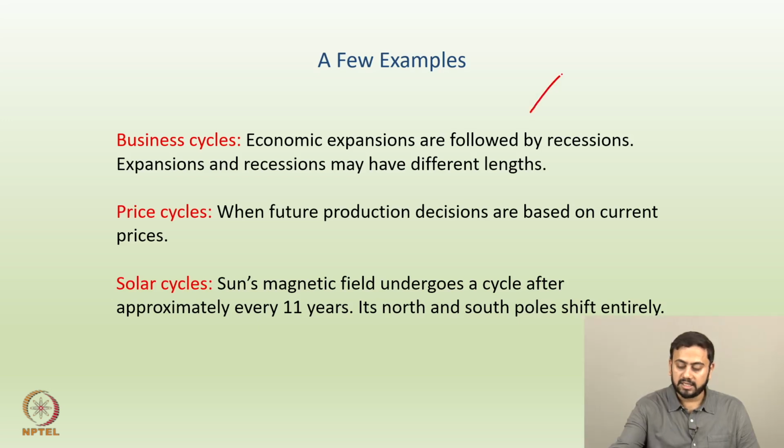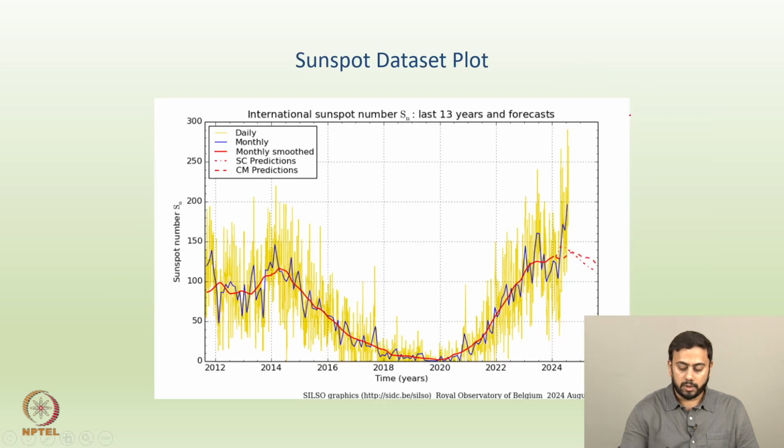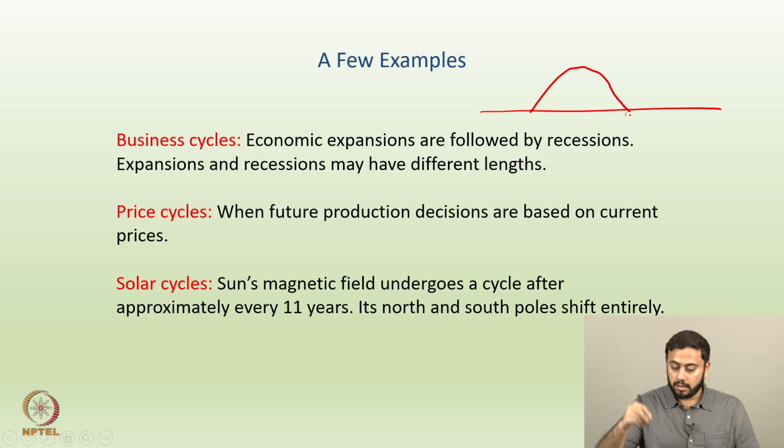So if a business cycle is expanding, it attains its peak and then the recession starts. Let us say this is the horizontal line, and once the recession has reached the zero stage, then you can again come down. Let us say it attains a trough and then comes back, something like that. Okay, so this is a very typical business cycle.